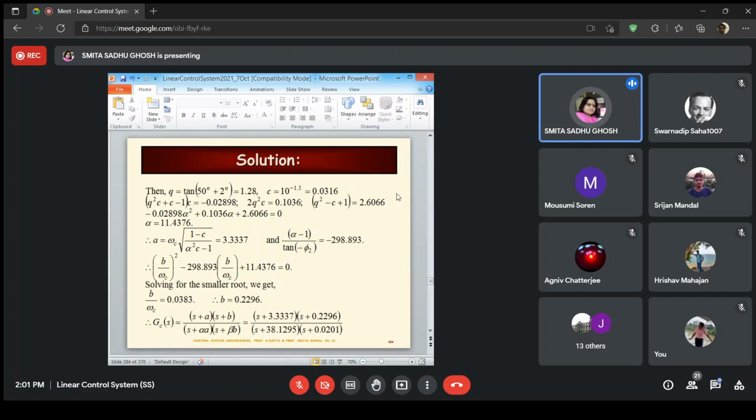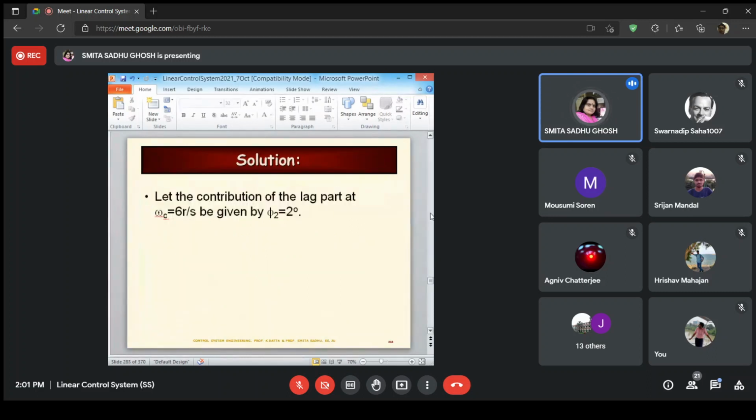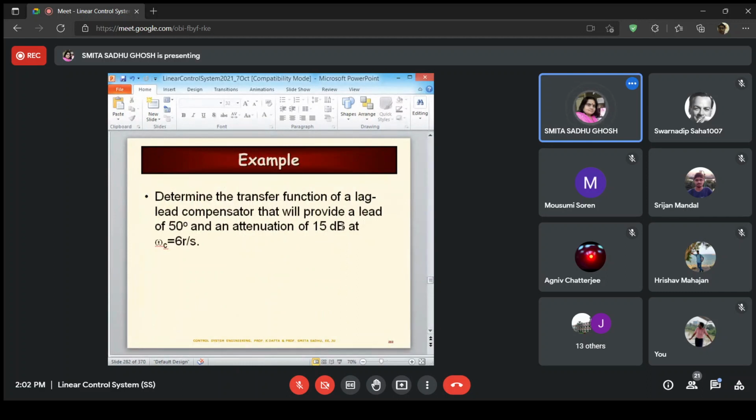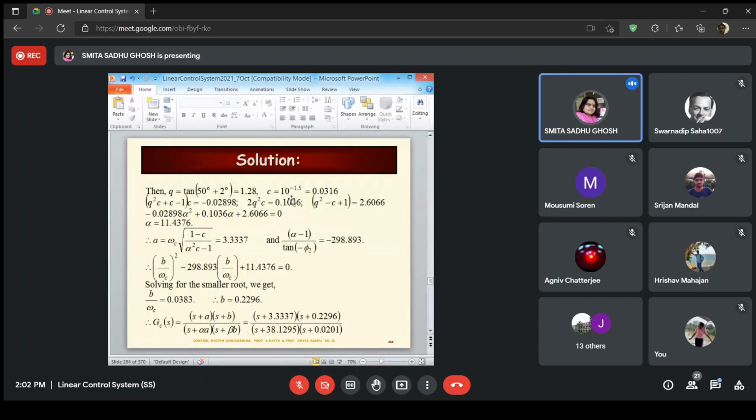C is, given it was 15 decibels, that is what we wanted. So from there, 15 by c to the power of minus 15 by 10 is what you get. So this is c. Once c and q are obtained, put it in the quadratic, solve for the quadratic, you get the value of alpha. Once you get the value of alpha, put it in the expression for a